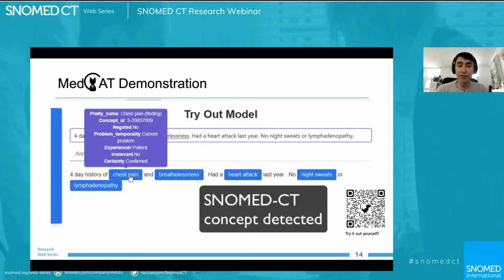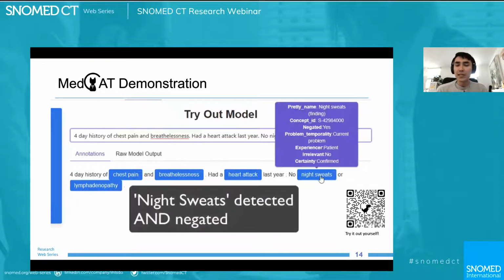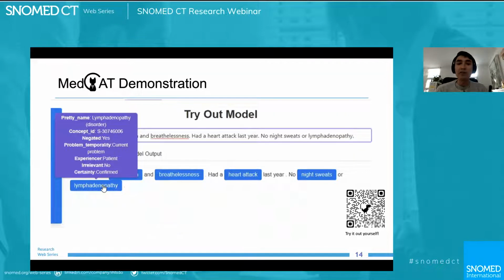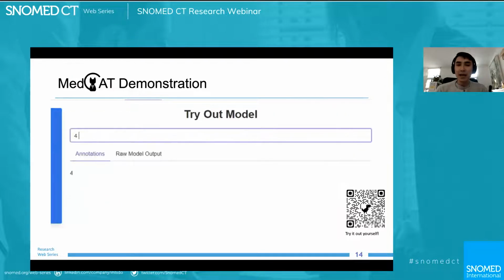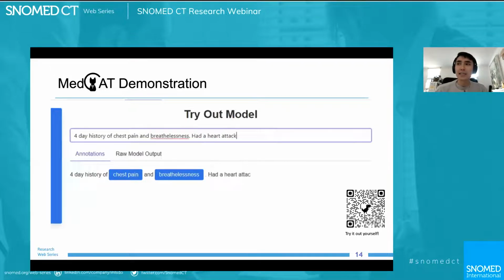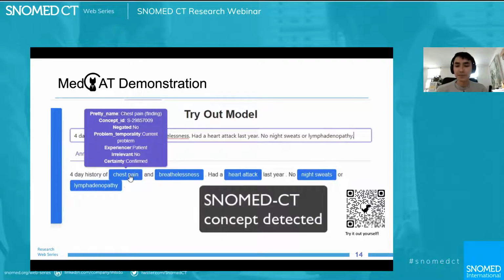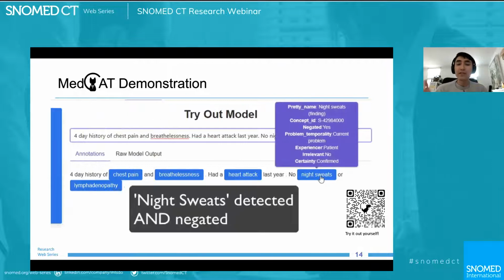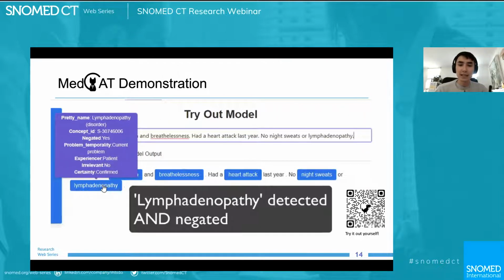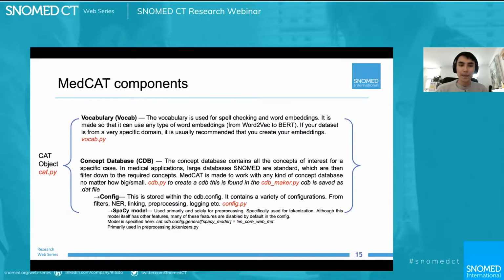In this case, there are three meta models: experiencer, irrelevant, and certainty. These meta tags can be completely customizable to how one would like to do it. And I guess in SNOMED CT, one could label it under your qualifier values as well, and train models to attach which type of qualifier value is there. Great. But anyway, feel free to try it out yourself and explore.